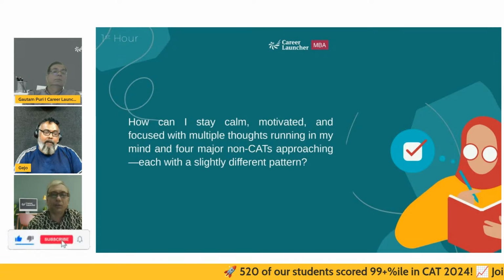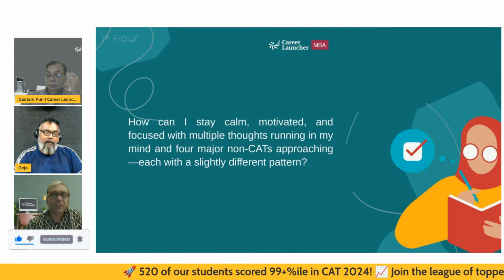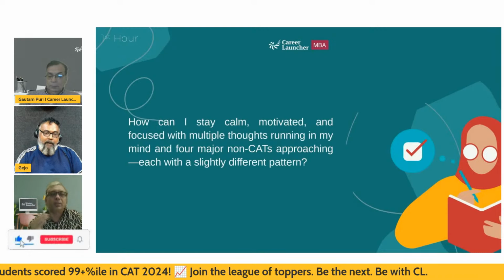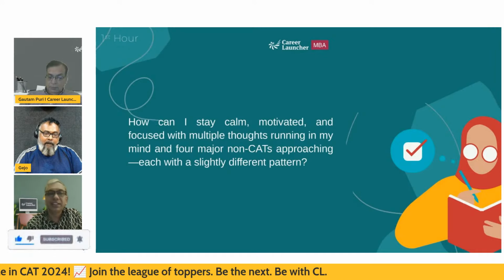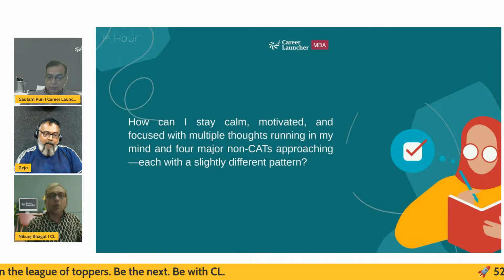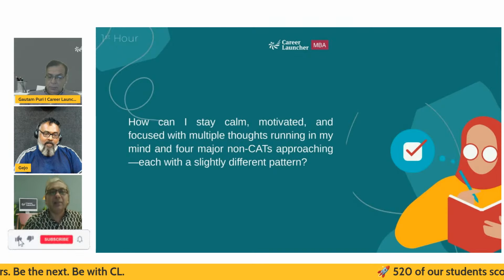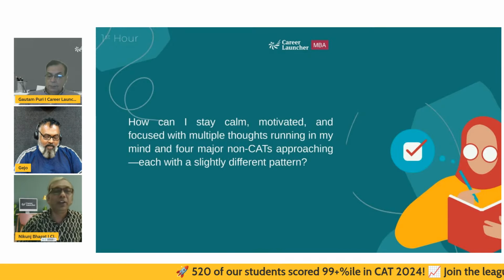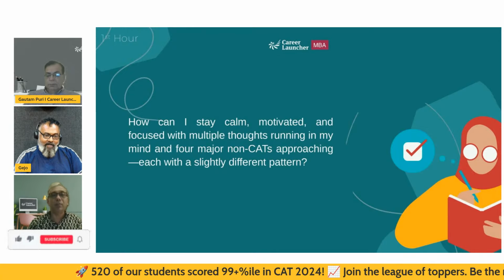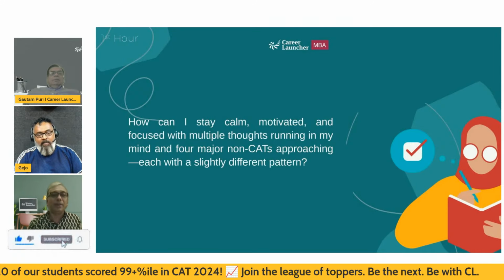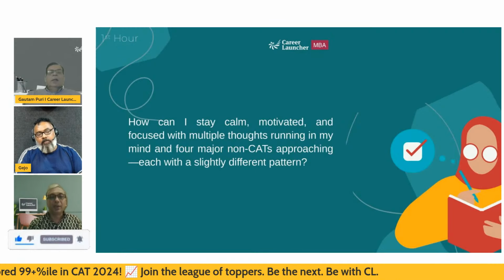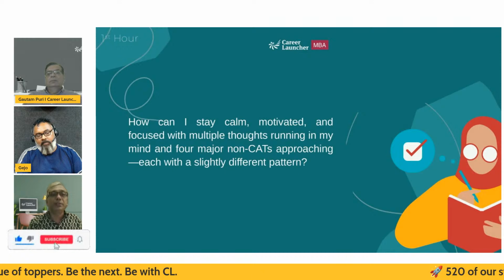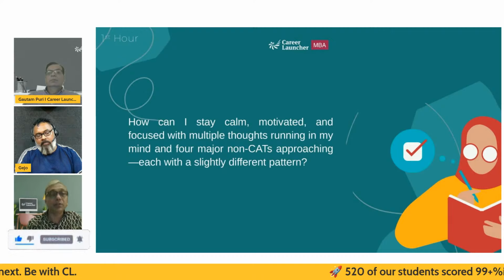From 21st onwards, switch off the non-CAT and just look at CAT. And the way you were practicing, the mocks, the previous year CATs, the daily dose, just stick to that. Let NMAT and SNAP go away completely. As far as staying calm, well, that is of course the requirement. You really need to be focused and calm during the exam and not panicking too much. You can't be thinking of SNAP and NMAT while taking CAT. But don't underestimate the importance of the non-CAT exams, because there'll be a lot of B schools under NMAT and SNAP also, which need